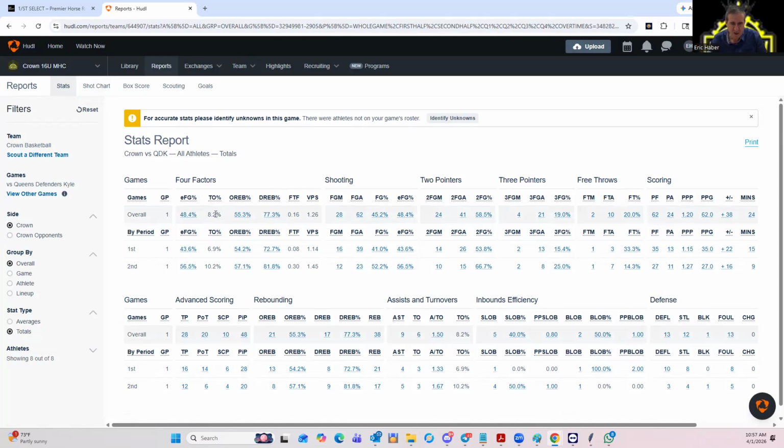Now your turnover rate was exceptional, like below 10%. And your offensive rebound percentage was exceptional, 55%. So that made up for, to some degree, the effective field goal percentage. But overall, this type of performance is not going to travel well enough to win the big tournaments. So let's take a look at the shot chart for that